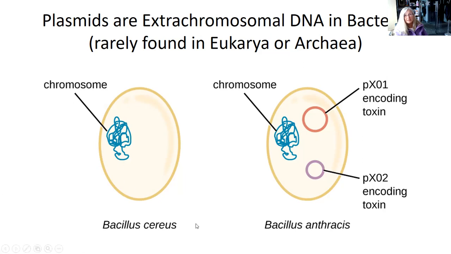But notice that Bacillus cereus has evolved a new species, which is now called Bacillus anthracis, because why? Bacillus cereus acquired two plasmids from external sources that encode toxin genes. The plasmids are always labeled with a little p, so this is pXO1 and pXO2. On these extra pieces of DNA, which are not the same size as a chromosome, by the way, they're usually very much smaller, because the graphic doesn't do it justice. The chromosome takes up most of the space in the cell. The plasmids are smaller. Two separate plasmids, each carrying genes for two separate toxins, which makes Bacillus anthracis the cause